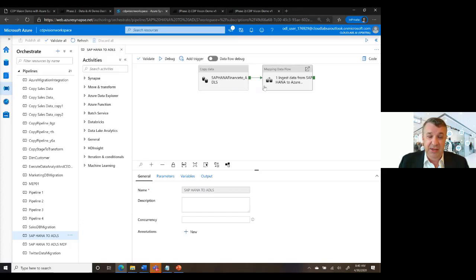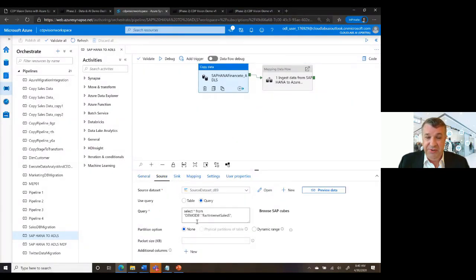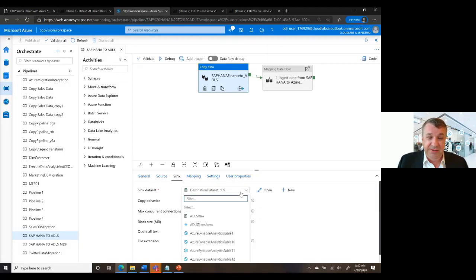You're copying the data, you're mapping it. So if I click on copy, you see down here I have the attributes of my copy job. And if I click on source, you see that I'm actually selecting this fact table from my demo database within my SAP cube. And so I can actually specifically pick not just the cube, but also specific tables within that cube. And then I'm taking that data from my SAP system and I'm syncing it, I'm pushing it to Azure Data Lake. Now I can choose different deposit locations. In this case, I've chosen destination data set. You notice here the icon is for Azure Data Lake, but I could choose any manner of different places to